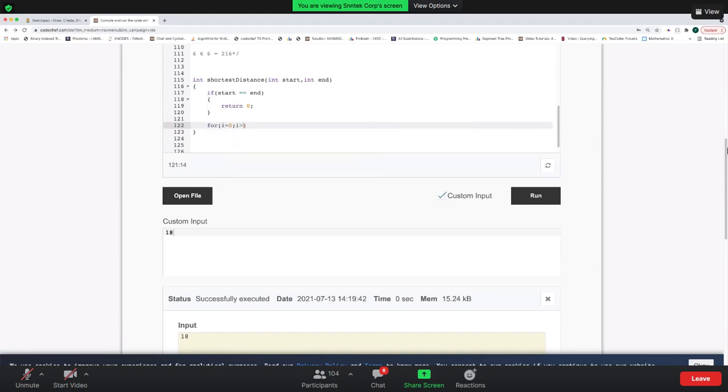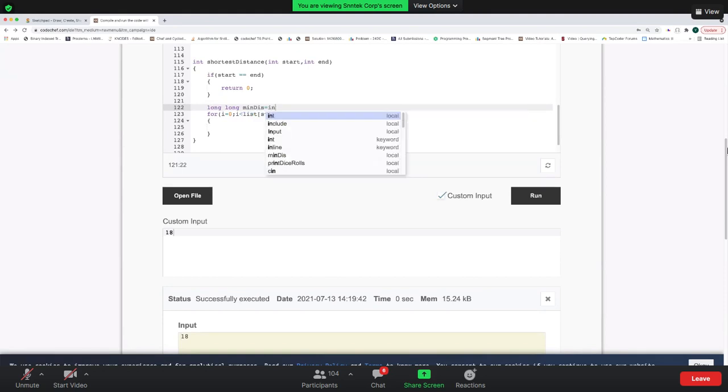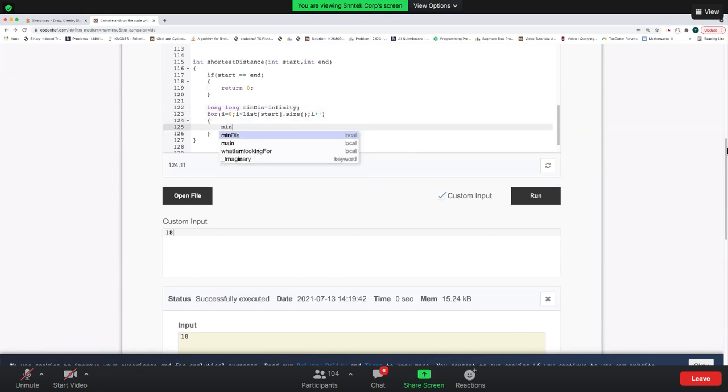Wherever I can go to, let's say I can go to list of start. This will tell me from start where all I can go to. Let's say it is contained in this list. So I'll try to explore this with the help of this. This will be my min distance. Let's say it will be max or infinity for now. Min distance will be minimum of